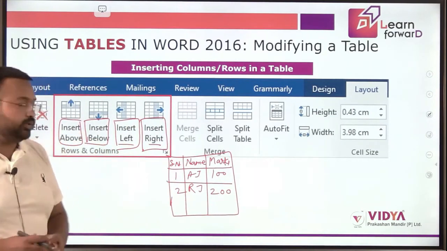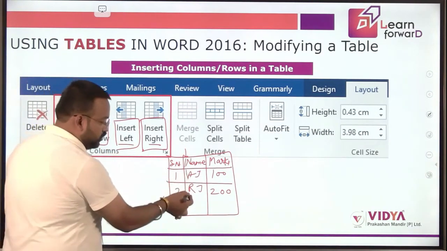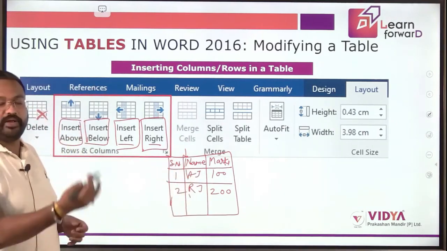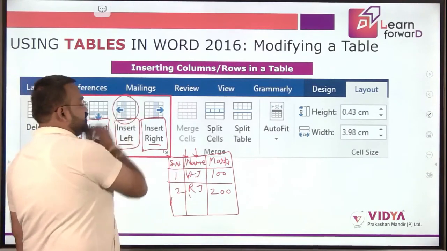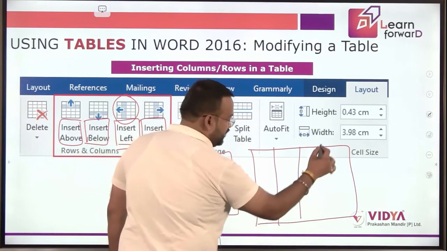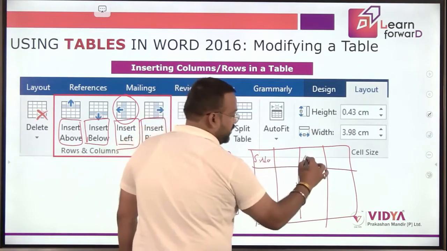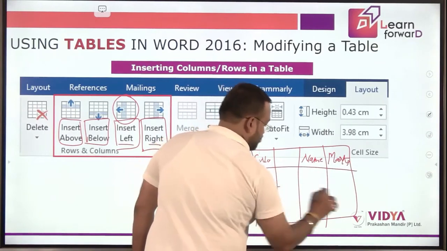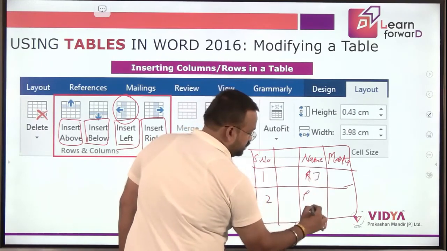Now suppose I want to insert the roll number just before the name. So how can I do it is, I have to place my cursor over here or any of the rows. I can place my cursor on any of the rows because basically I am going to insert one column at left side. So if my cursor is in this particular column and I select this option, what would happen is my table would be modified and now it will contain 4 columns. So those 4 columns would be serial number, here I would get name, here the marks, and these particular 2 rows, 1, 2, AJ,